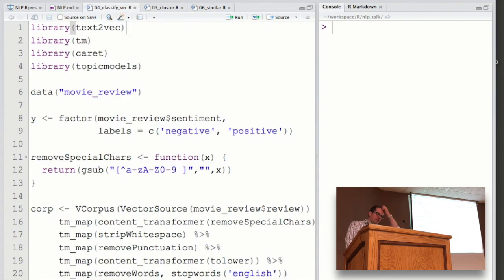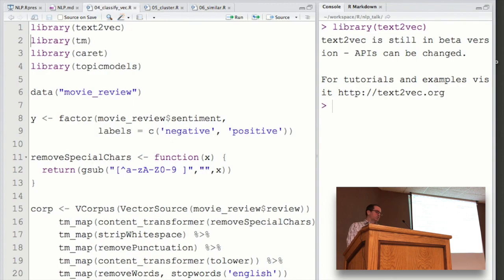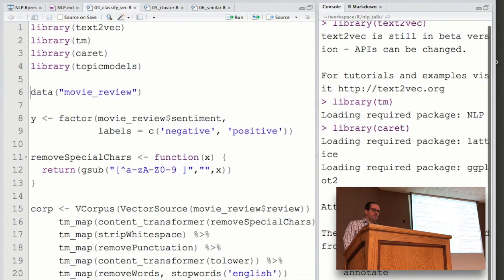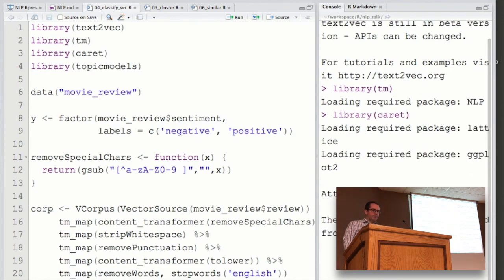Mainly I was looking at the simple case, where it was picking up on, obviously, exact same lines, which is not a hard pickup. So this is an example from the stuff I was doing for a video learning series, and so I'm working with a more real set of sizable data there out of the text2vec package. You'll see me loading it up. I don't use any functions from text2vec. We're just getting a data set out of it. Loading up caret, topicmodels, and then this movie review data set. This is a bunch of IMDb movie reviews with sentiment.